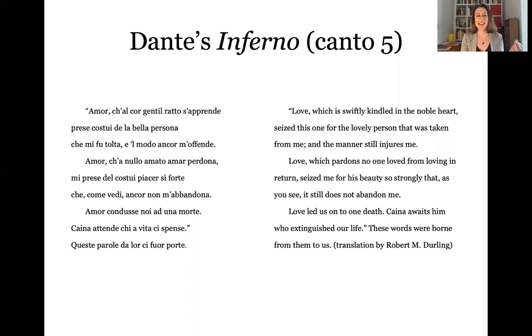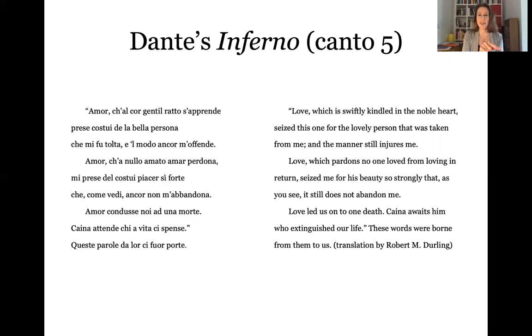So Dante's Italian is not the easiest to get through, but there are lots of parallel translations. Very frequently you'll find a translation, you can get a book, for instance, this is from Durling and Martinez's edition of Dante's Inferno. It's very nice to read because you've got the Italian on one side and the English on the other. Robin Kirkpatrick from Cambridge has another edition. Again, you've got the English on the other side, so you can go back and forth between the pages.